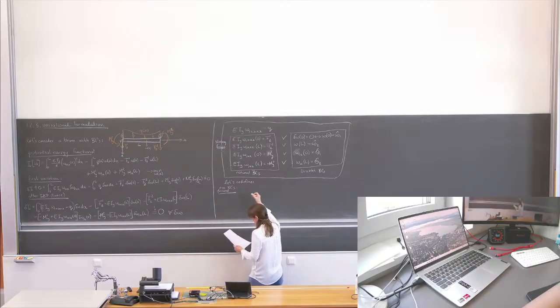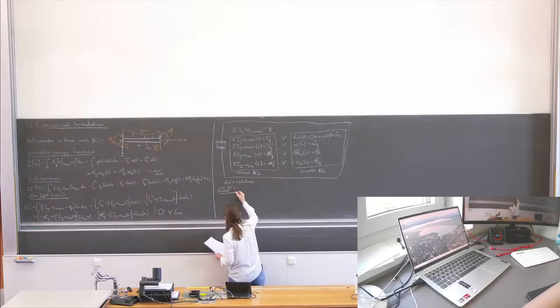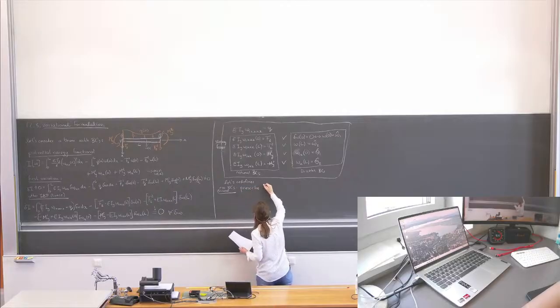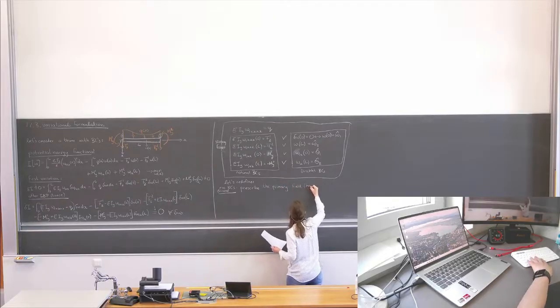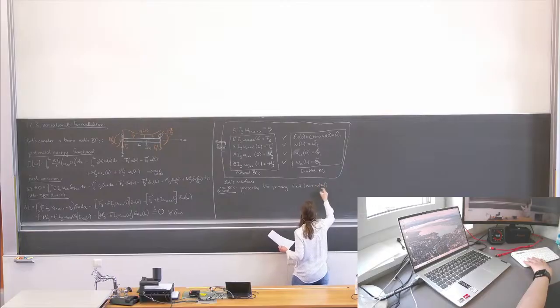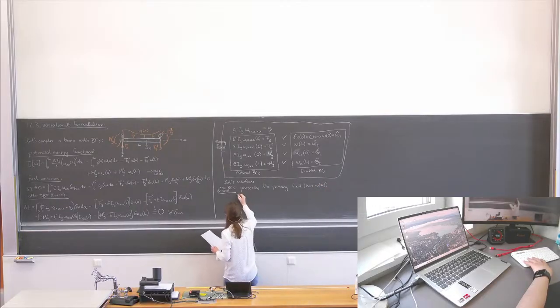We now redefine and say an essential boundary condition means we prescribe the primary field, this we're happy with, that's what we've been doing all along in the finite element course, the primary field, which here would be w of x, that was our primary unknown. And now comes the important part, and its derivative, or derivatives even,